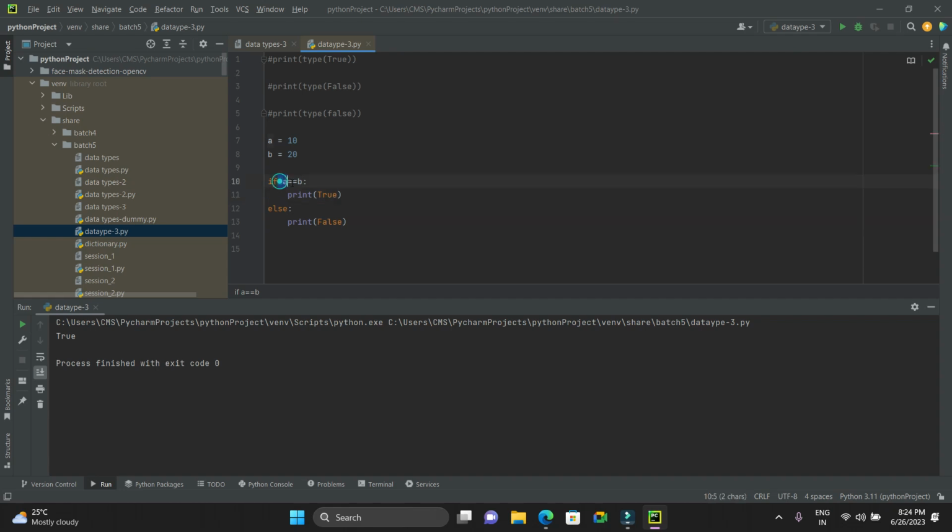If this condition gets true, this one will execute. Whatever it is, not only true, but the condition can also be false, wrong, right? So if the condition is wrong, it totally depends upon the condition. See, let's say I have some